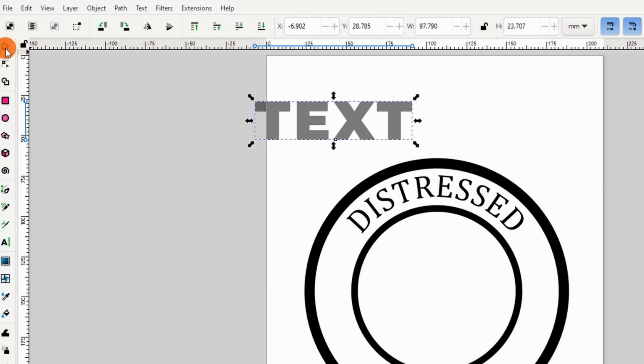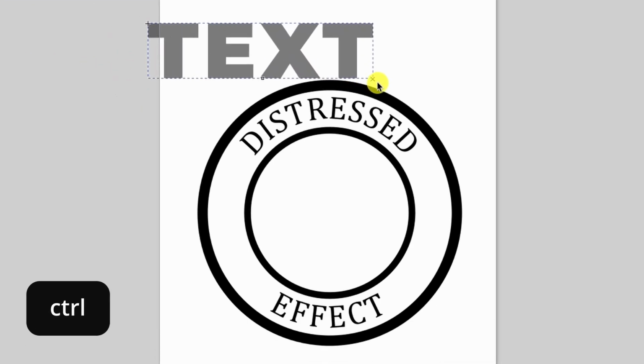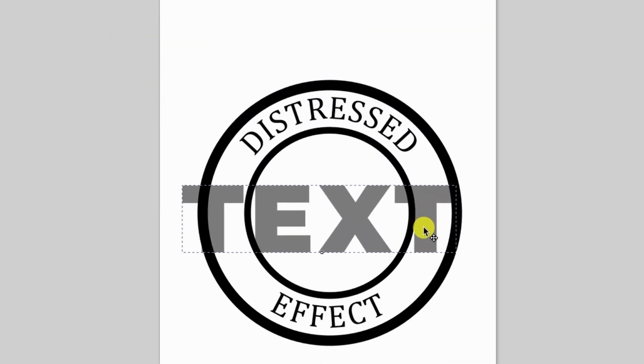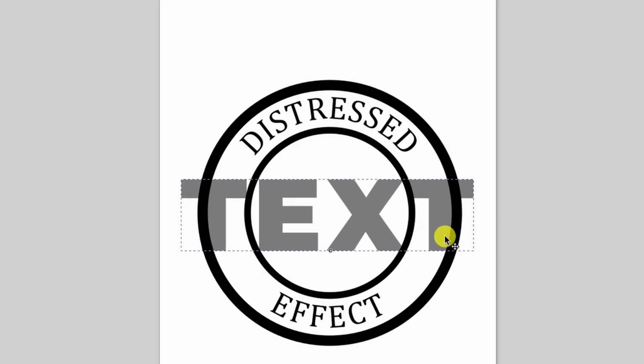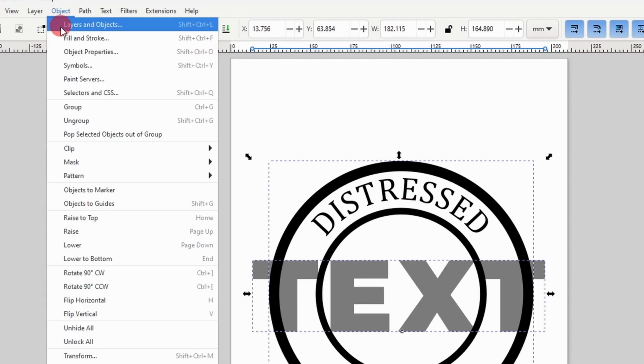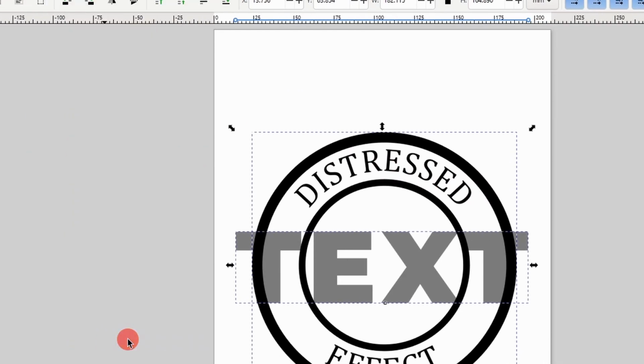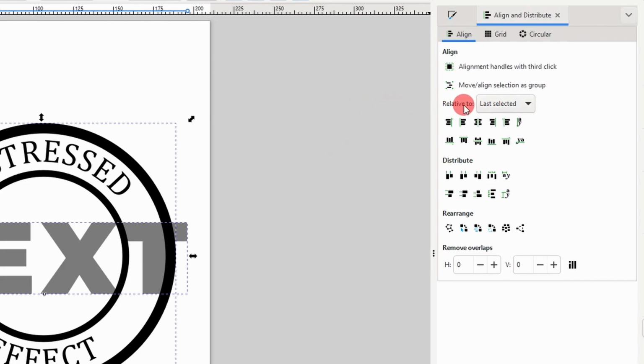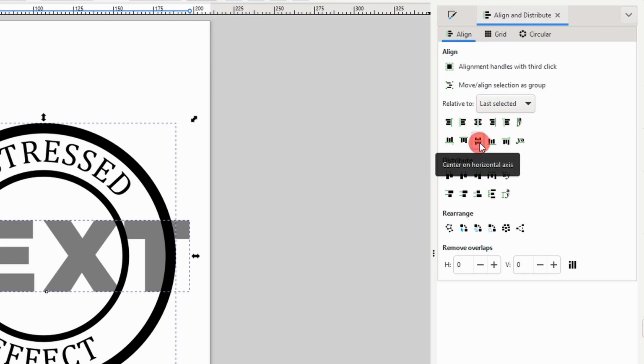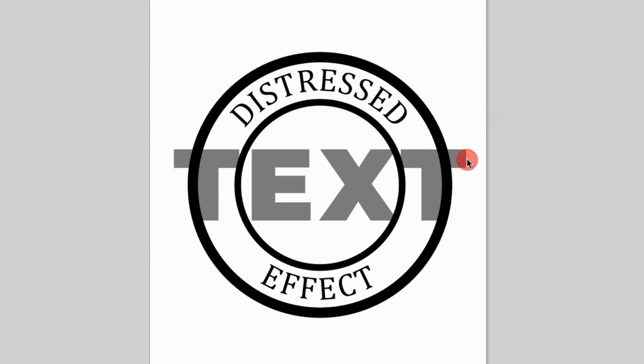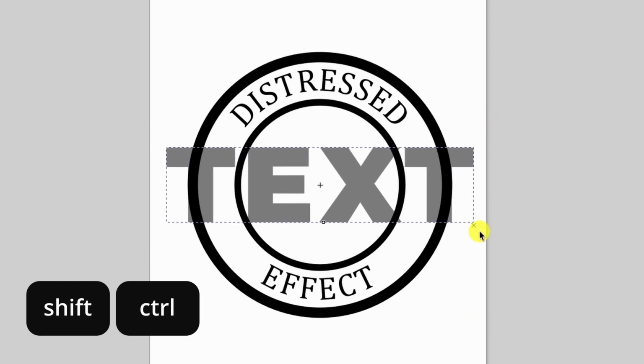Now let's grab the selector tool, hold Control, and make the text pretty big. And let's put it about where we want it. Now let's hold Shift and click one of the other objects. Then let's open up the Align and Distribute dialog by going to Object, Align and Distribute. Let's make sure we have Last Selected chosen in the Relative To box, and let's align the objects vertically and horizontally. And if necessary, we can select just the text object and resize it a bit while holding Shift and